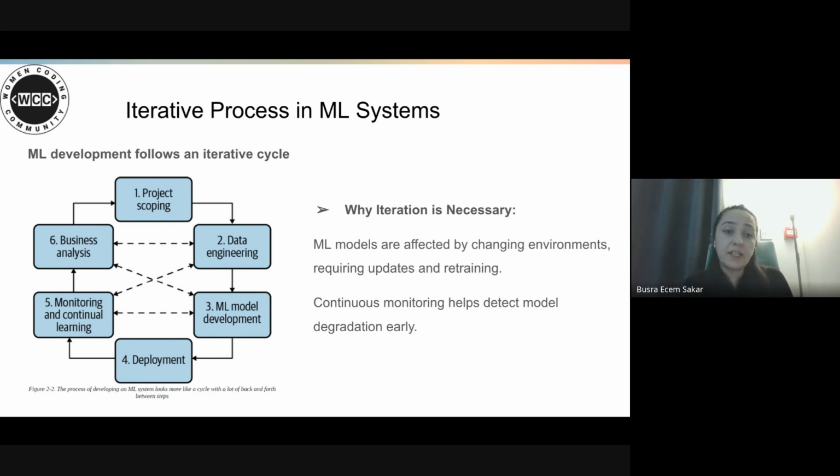For example, a credit scoring model updates as financial behavior shifts. And the last one is business analysis. In this step, we evaluate if the model delivers real business impact, and we adjust for bias, unexpected outcomes, or evolving business needs.